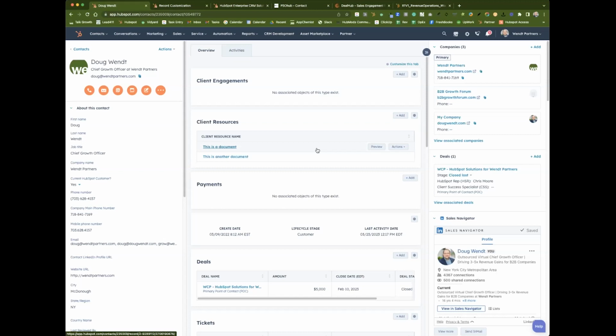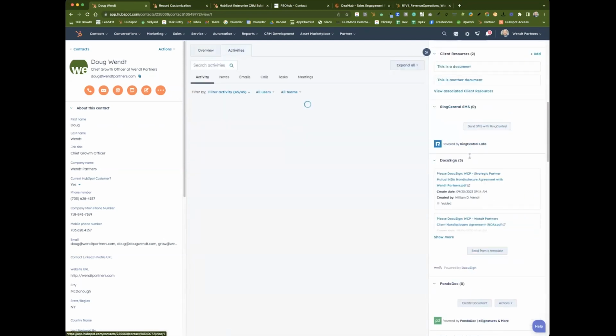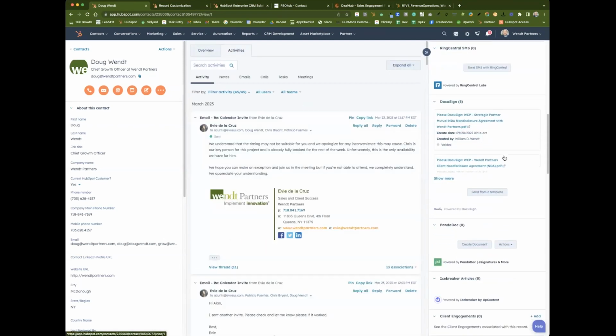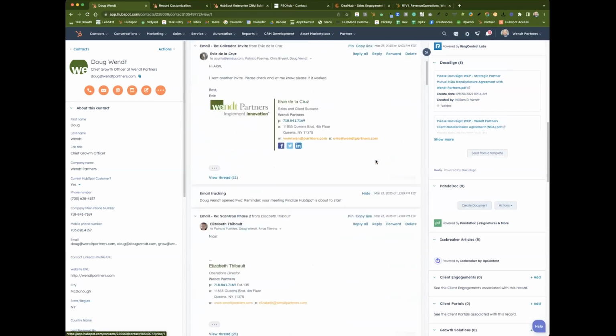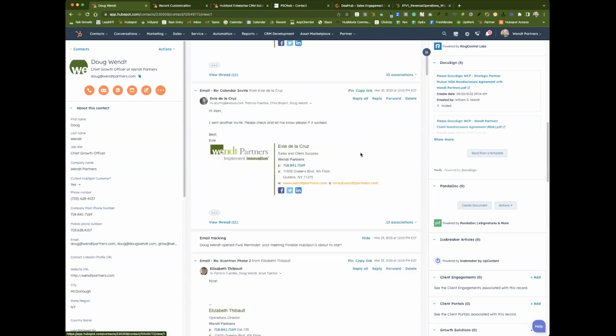So you never wonder, what am I going to look at or what's going to be visible? The only things that are going to change are things that you as the user are going to change for your team to make them more efficient. And so as far as what you open in a contact, a company, a deal, it all looks the same. And I think that that's really valuable, because if you can master one, you can master them all. And so that's what I really love about the HubSpot platform.